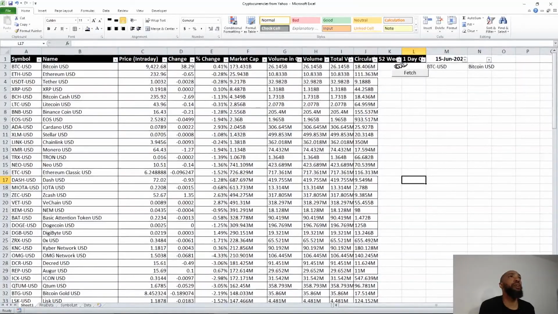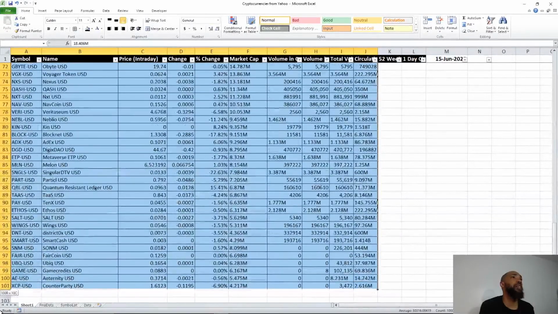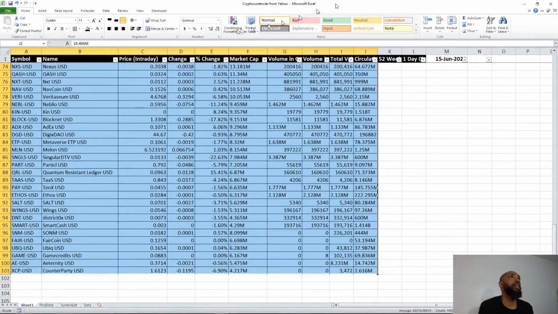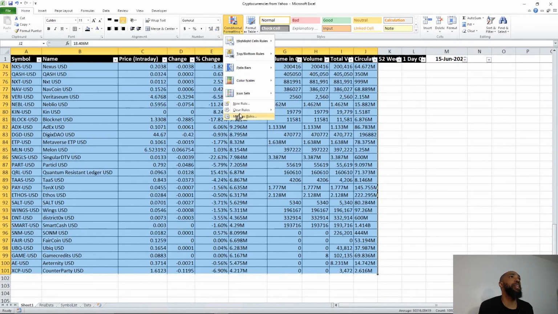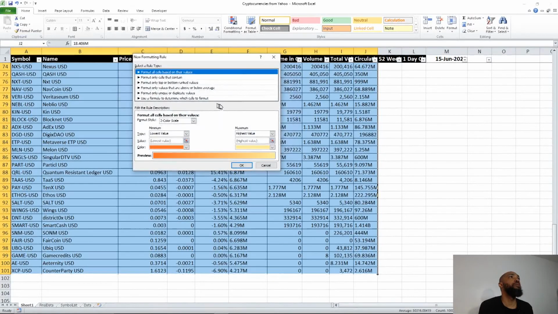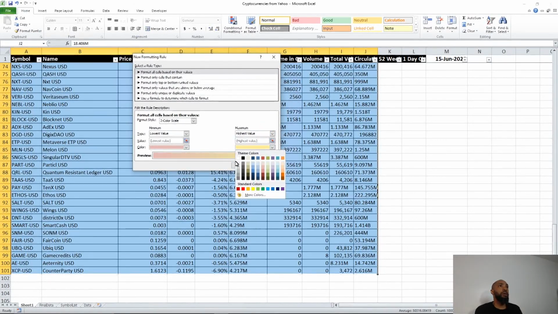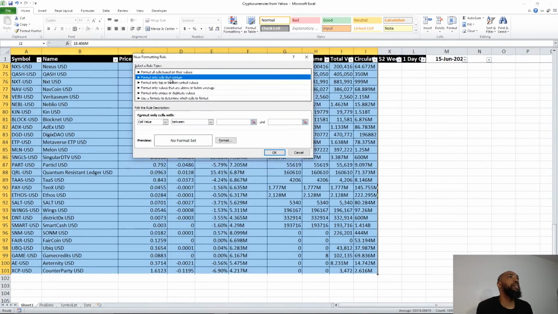Then the final thing we're going to do is some conditional formatting. So right off the bat, I'm going to select the area that we have to conditional format. And then I'm going to go up here to conditional formatting. And I'm just going to click manage. Well, we're going to make a new rule. And I want to say the lowest value, we'll make it like that. The highest value for now, we'll make it that color. And format cells that,